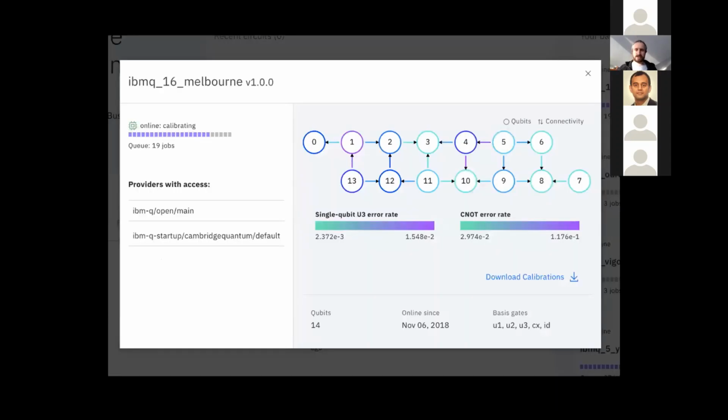So here is an example of a current quantum computer. I'm sure many of you have dabbled in quantum computing, have actually used this machine. It's our old friend, IBM Melbourne. And this illustrates a few of the pertinent features of NISQ machines. Now this one only has 14 qubits, so it's technically not at the level of a NISQ machine, but we'll just ignore that for now.